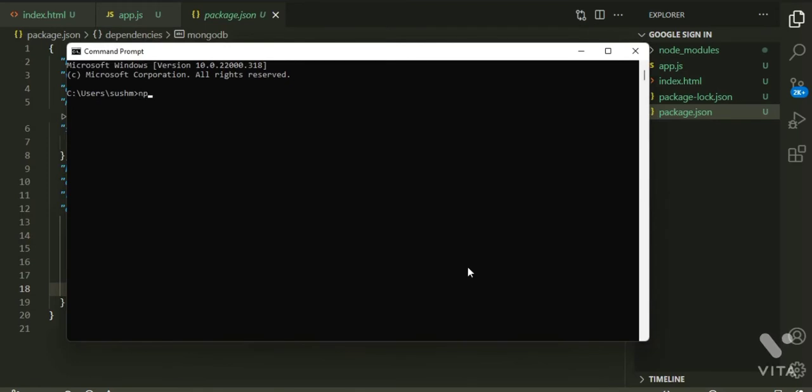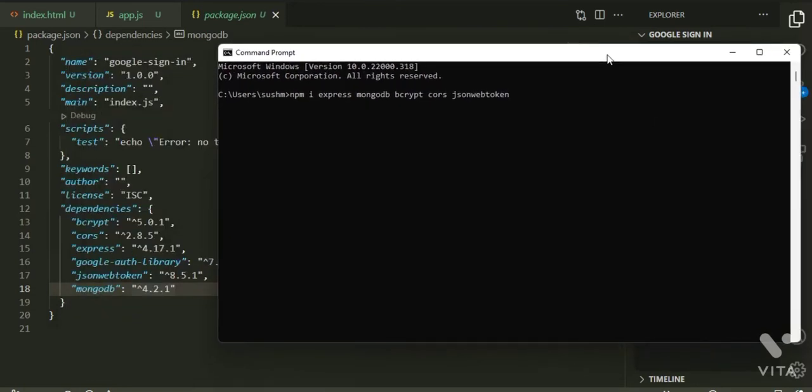Okay, I'll just type here npm i express, mongodb, bcrypt, cors, jsonwebtoken, and the last one is google-auth-library.